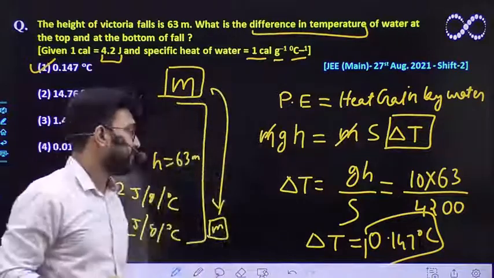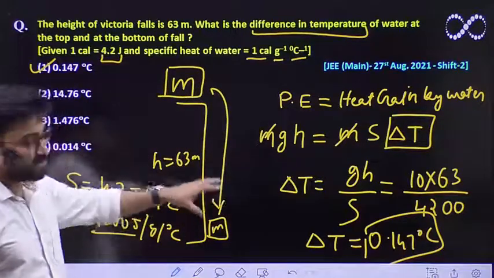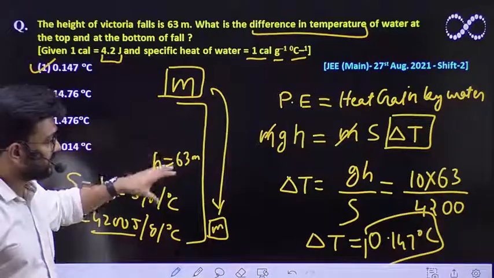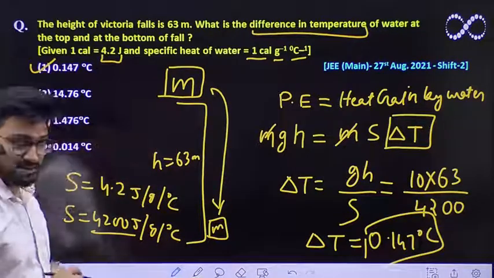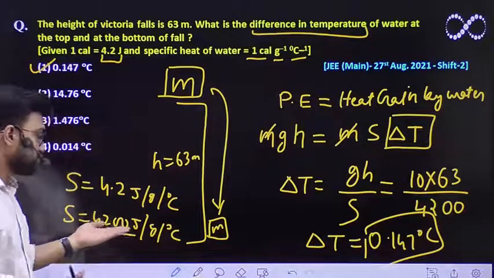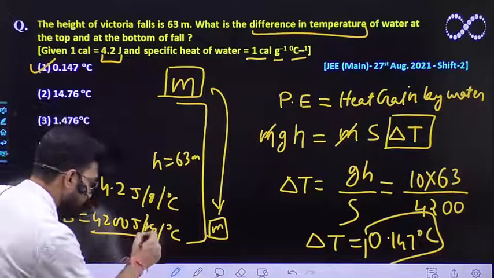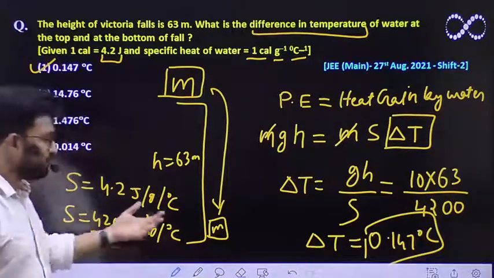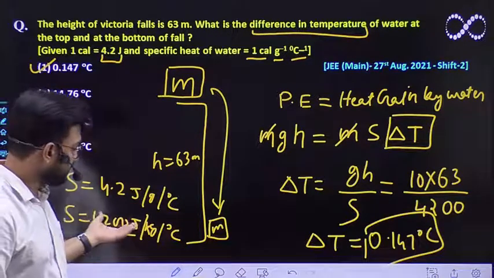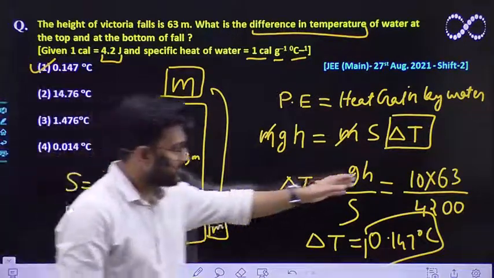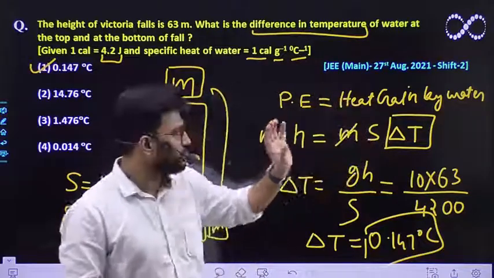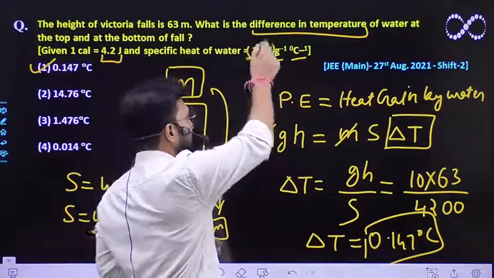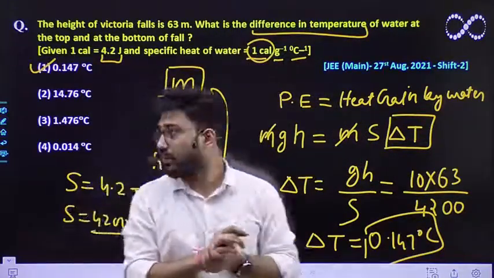You have to remember, you have to take the specific heat of water in kg term. So you have to take this in joule per kg per degree centigrade. Here it is kg, not gram. You have to take it in this form, because this would be the SI unit, because the rest of the terms are in SI unit. So you need not write it like 1 calorie, because then eventually you'll be getting wrong answers.